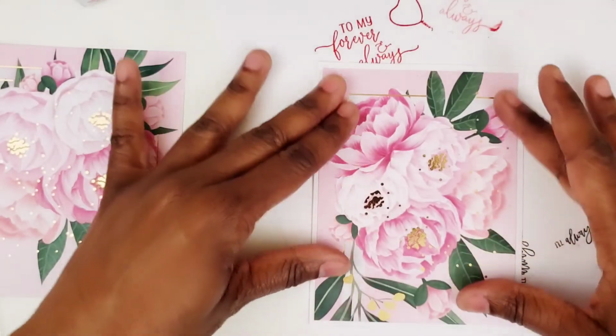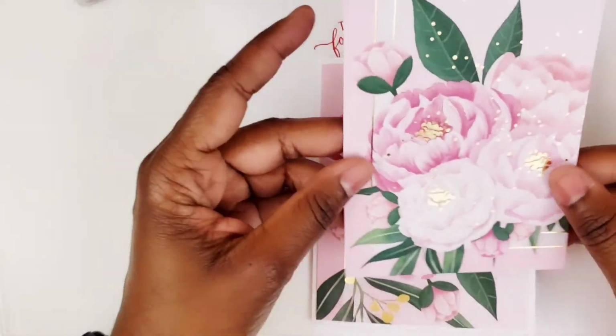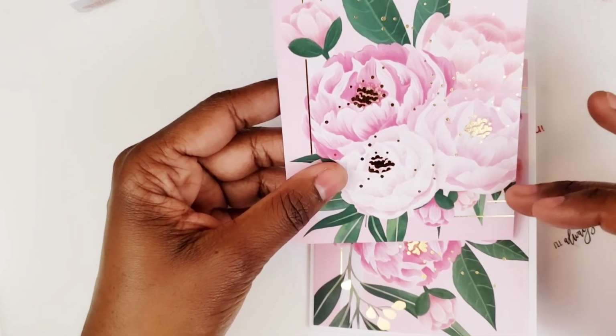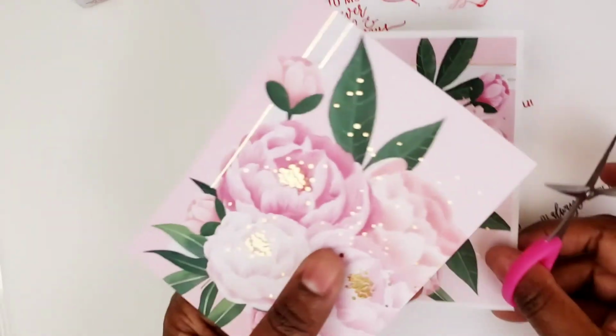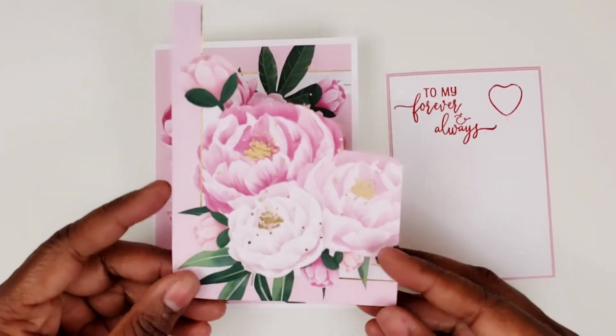Okay, so that's all adhered down, and then we're going to create our pocket. So again, we're going to kind of fussy cut this. It's not going to be all of these peonies because it has to make the pocket. So we're going to go ahead and I'm going to fussy cut this, and then I'll be okay. So we've cut down our